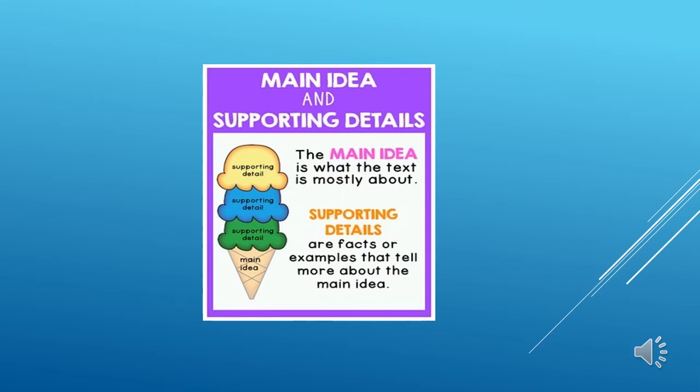I hope you all got a little concept about the main idea by knowing that the main idea is in your hand. Now moving towards another example, think that you are going to order a cone ice cream. So the cone ice cream is your main idea, and the flavors you want in your cone ice cream, you tell the shopkeeper which flavor you want in your scoops. So the scoops would be your supporting details and the cone will be your main idea. So the main idea is what the text is mostly about, and supporting details are facts or examples that tell more about the main idea.